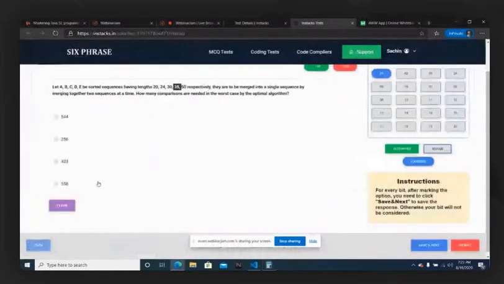Is there any option with 386? No, there is no option 386. There is option 358. Okay, have we done this process clearly? How many comparisons are needed in the worst case by the optimal algorithm? Okay, fine. One minute, guys.